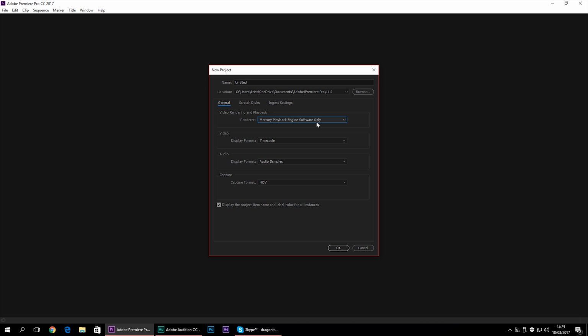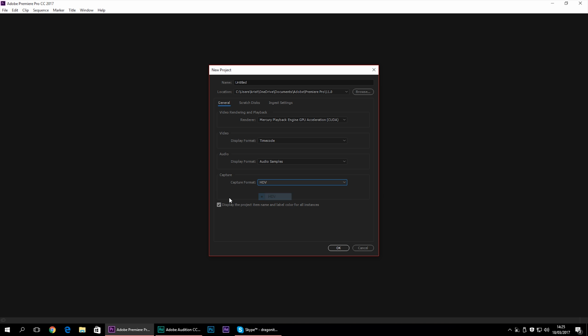This will take years and years to render if you don't have an extremely high-end, thousands upon thousands of dollars CPU. That's why I recommend using a GPU. If you have an AMD graphics card, then it will say OpenCL, but if you are on an NVIDIA graphics card, it most likely will say CUDA. CUDA is better for rendering in Premiere than AMD's OpenCL.